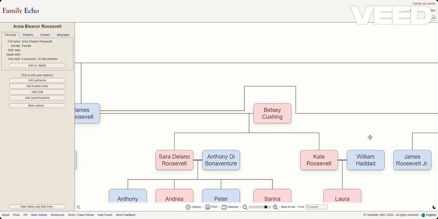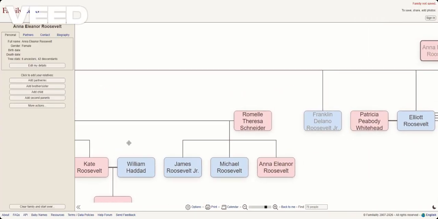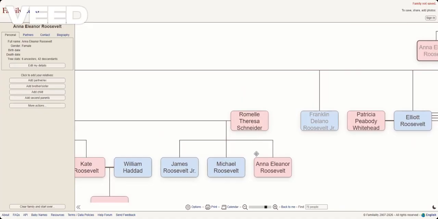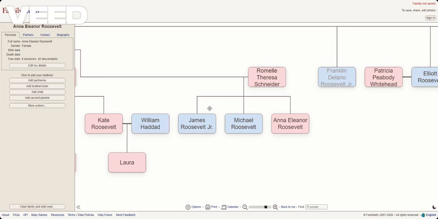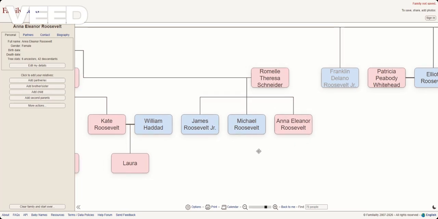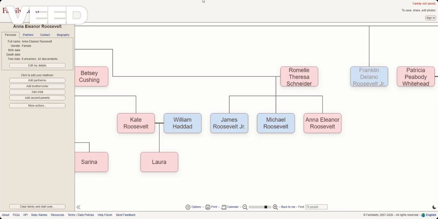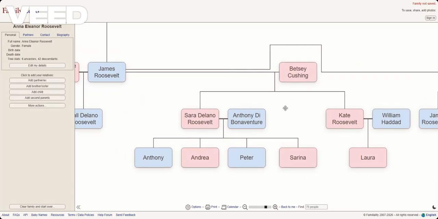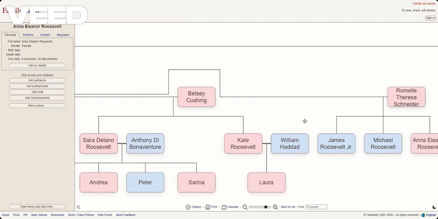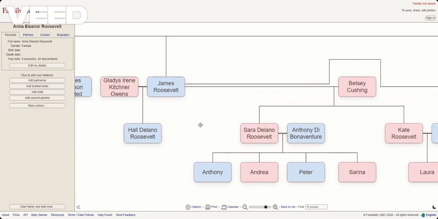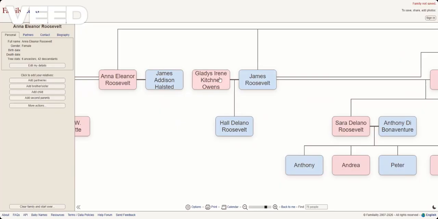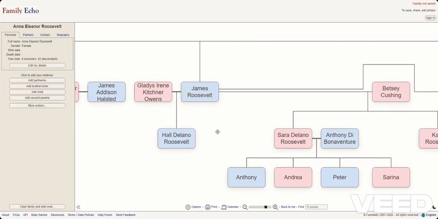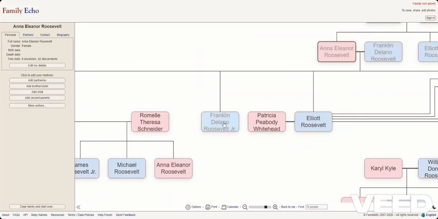Later, James and Betsy divorced, and James married Rommel Teresa Schneider. They had three kids: James Roosevelt Jr., Michael Roosevelt, and Anna Eleanor Roosevelt. All the time, Anna Eleanor Roosevelt. Every generation. That's gonna be annoying soon. So later, James and Rommel divorced, and James married Gladys Irene Kitchener Owens, and they had a son named Hall Delano Roosevelt. Next child is Franklin Delano Roosevelt Jr., but he died a few months after being born, so he